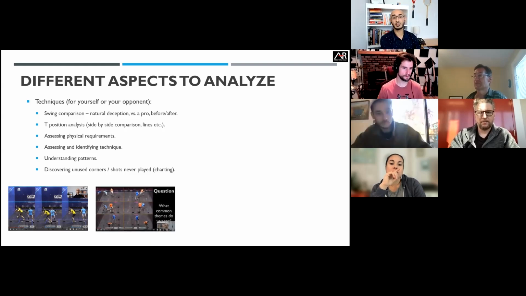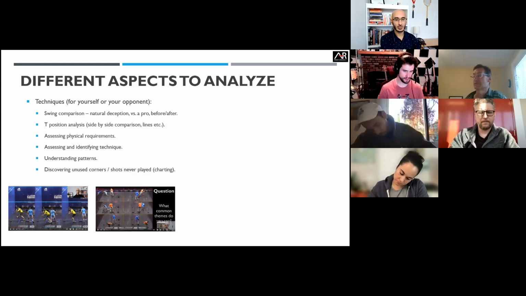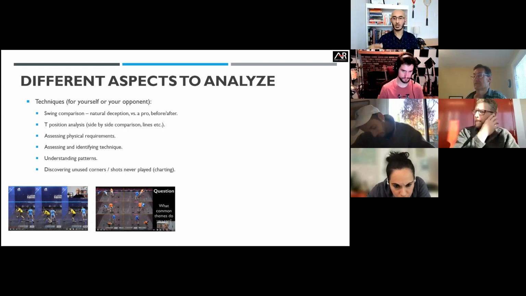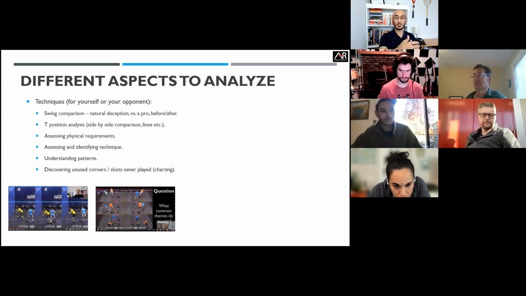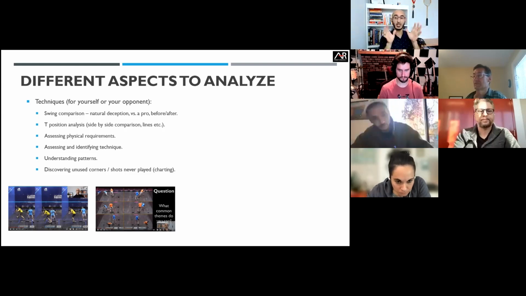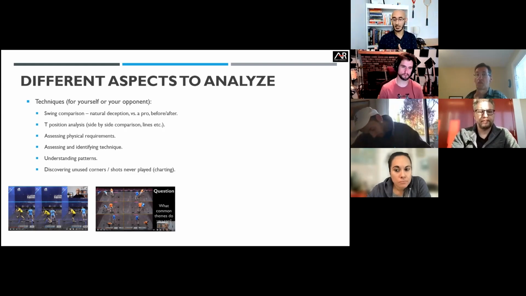You could look at a T position analysis. You could show them side by side. So this video I created here was just showing people the idea of the floating tee and how you adjust your tee position based on which part of the court the ball is being played in, as well as the quality of the shot that you just hit. So if you hit a really tight ball into the front corner, are you pushing up onto the tee because it's glued to the side wall? They have minimal choices other than a counter drop or maybe something straight. You're cutting off the angles by moving up. So you can see all those sorts of things in the video.